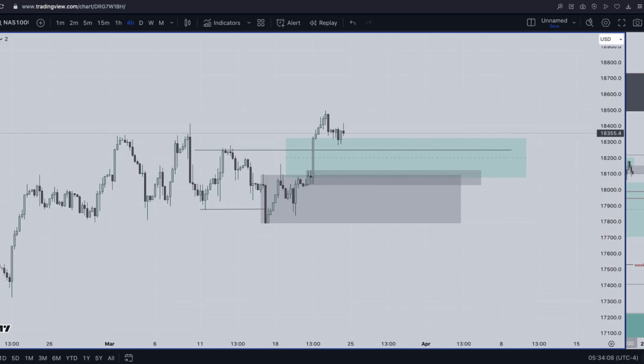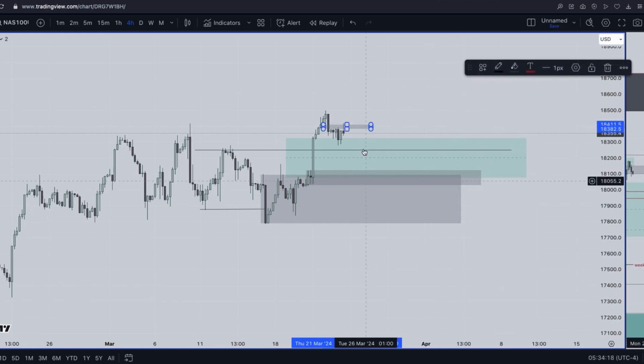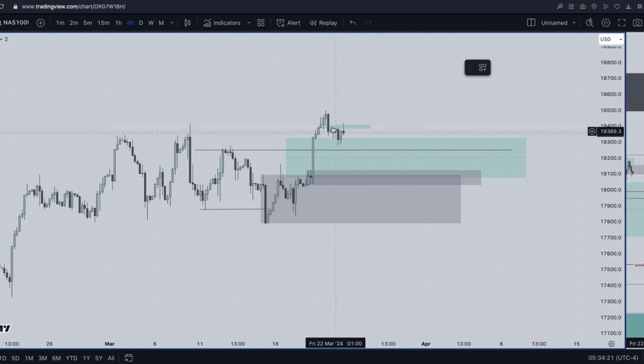So I want to check out something here on 4 hour. At this fair value gap here, which price tested twice. So if we're gonna look at this, right, on this side, price is still bearish here, all right. Though I'm not gonna sell from here, right? Because look at where price is. I'm not gonna sell from here. I'm gonna be patient to see, does it want to drop here, or does it even want to go up from here? We don't know yet. We don't know what's gonna happen, or does it want to take out this high?